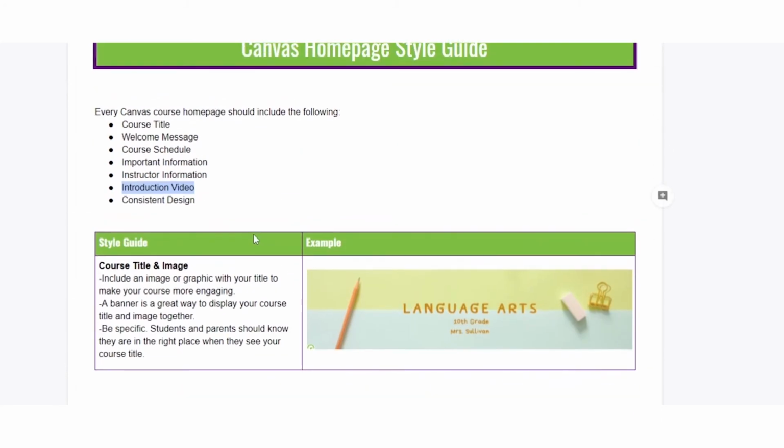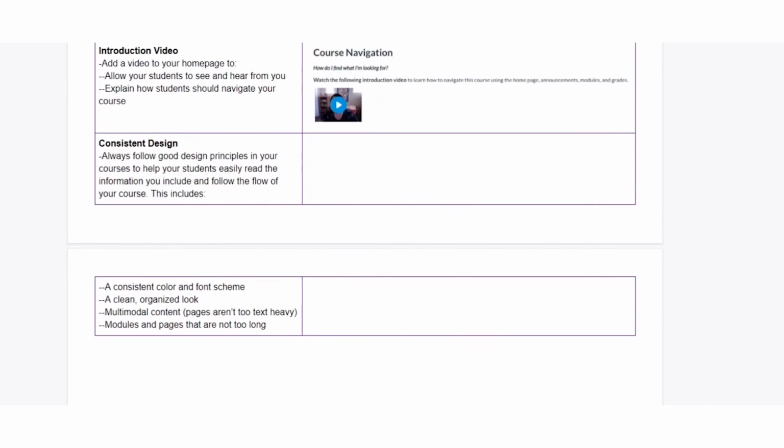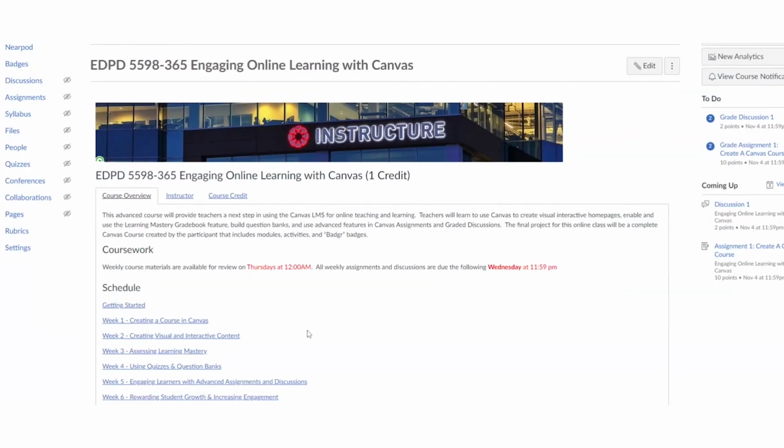The last thing that is really important for a great homepage is having a consistent design. Making sure that you have a color and font scheme that meets the needs, having a clean, organized look, multimodal content, things like pages aren't too text heavy. We want to have good content for our students. And then making sure that your modules and pages aren't too long, they're just kind of in that nice Goldilocks